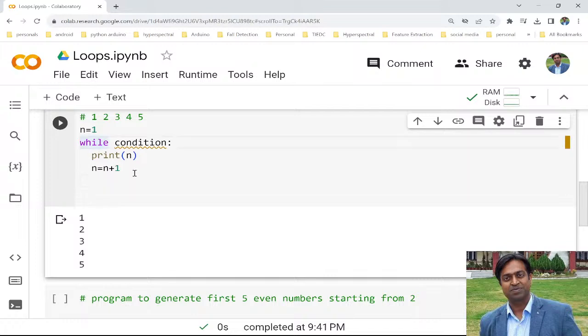And what condition do we need to make? We need to make such a condition that once we print 5, we should not go back to this while loop. The condition should be such that once we are able to print 5, we come out of this loop. So what should be the condition? Our condition can be that n is less than or equal to 5,